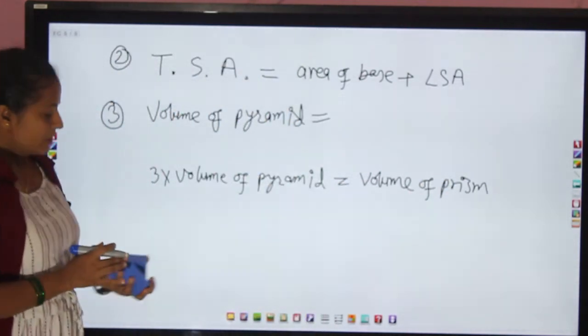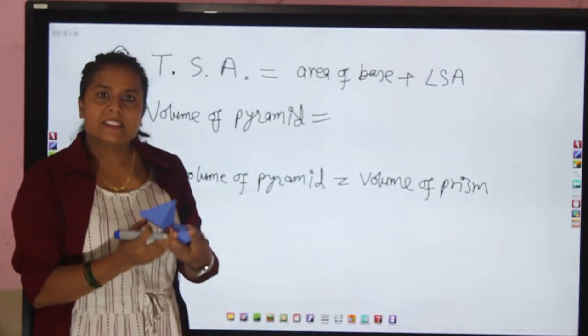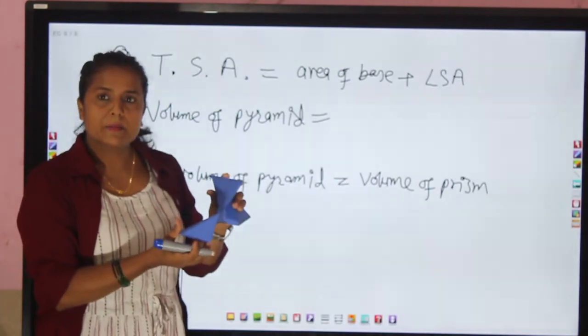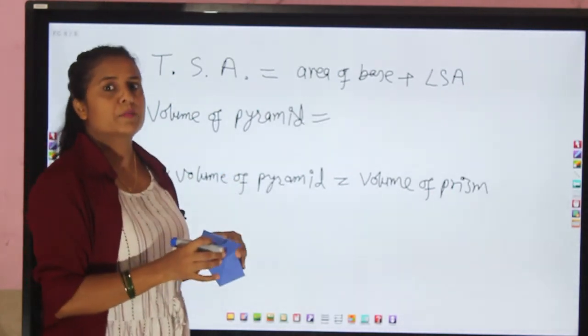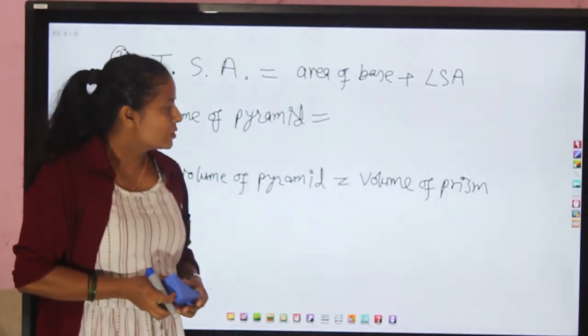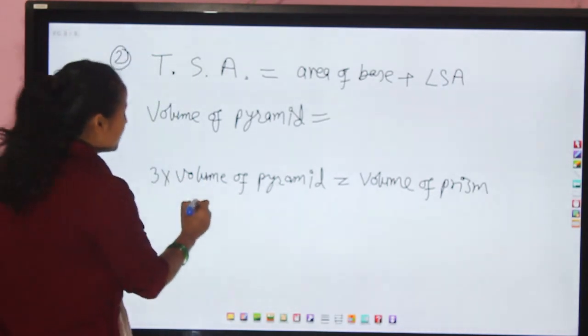Okay, here the area of base and height of all pyramids and the obtained prism are equal. That's why